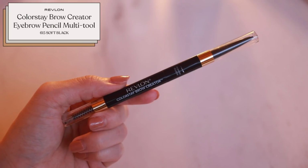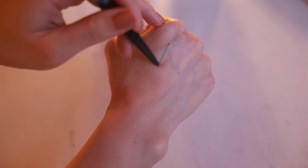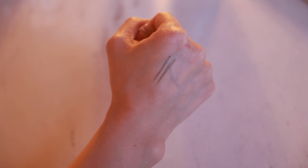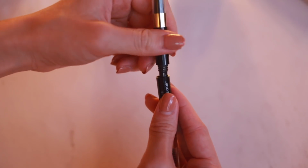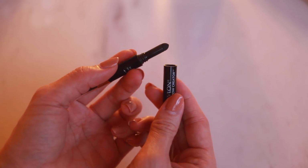I'm sure a lot of you know, or could assume, that I am very particular about my brows, and I've been loving this product from Revlon. This is the Revlon Color Stay Brow Creator. I have the color 615 Soft Black. Now this product has a regular pencil here, and then it also has a powder inside here. I really haven't played too much, to be honest, with the powder. In terms of the powder, I've been using my Anastasia Brow Duo on top, but I have been loving this